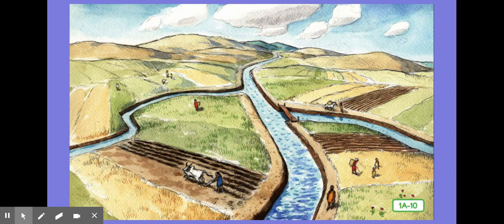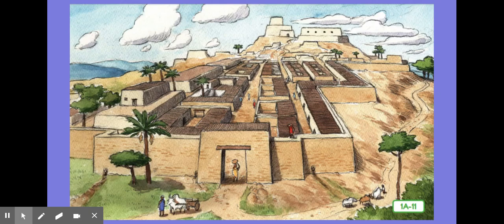So this first one here is a picture of the ancient Indian civilization as they are farming. Anyone know what key component or characteristic of a civilization this picture shows? Well, since we're talking about farming, we're talking about jobs. There are different people's jobs in the civilization. So one component is jobs. Another one is this picture of Mohenjo-daro in ancient India. What key component is this one? Well, Mohenjo-daro was a big city. So the second component is a city.